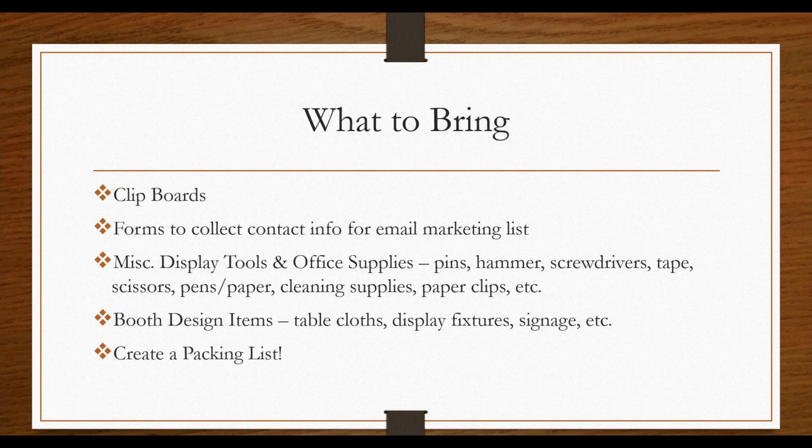So, obviously it's great to sell stuff, but the next step is to make sure that you're getting those contacts and you start to develop an email marketing list or a mailing list or some kind of database of people that you can market to. And so use the show for that, and bring the forms and all the other things that you would need